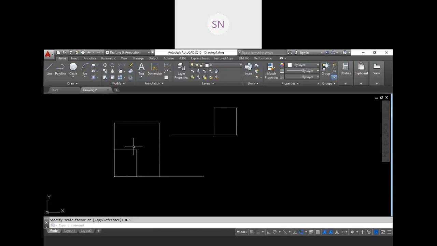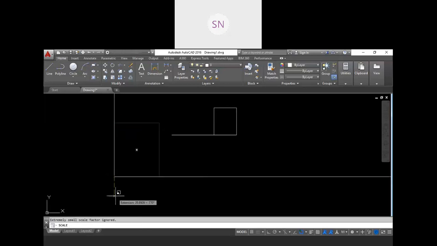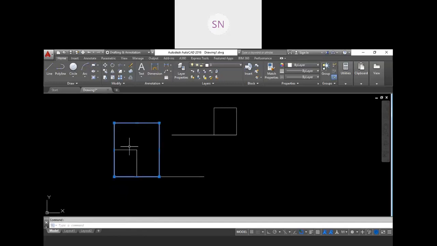If you want to decrease the length, provide a fraction like half, and if you want to increase, provide a bigger value. Again repeating, SC, enter, select, enter, base point, then click on copy, C, enter, and the value 0.5, right? So this is the original, this one is there, and this is the new copy.